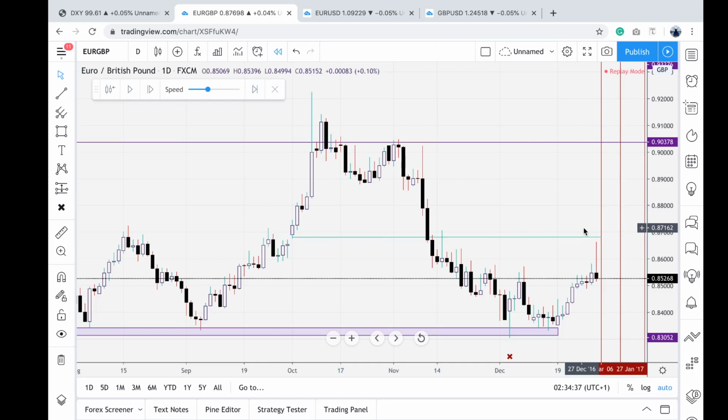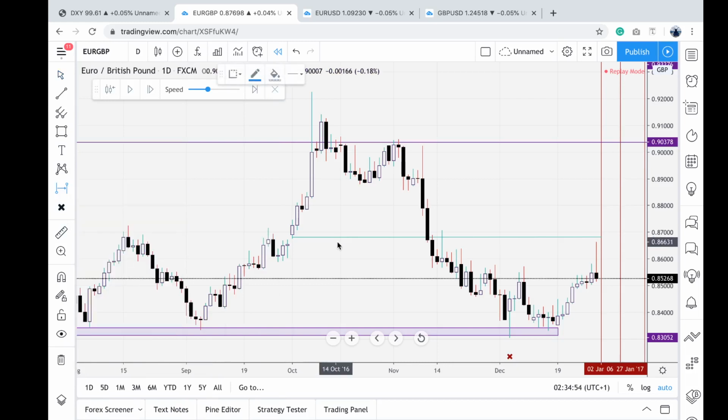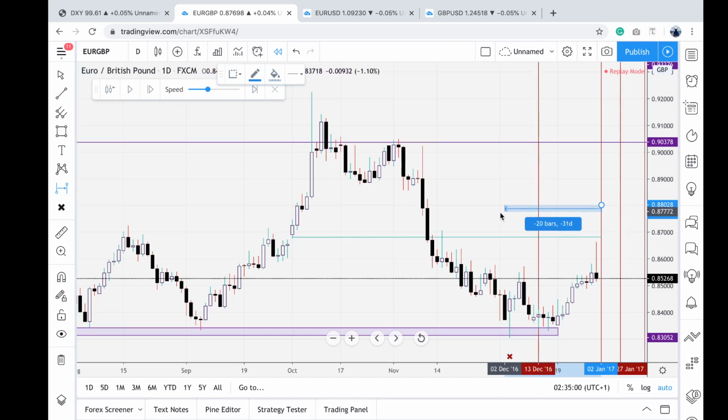Okay, so we have a weekly order block of that level. So now we want to begin to get to our IPDA ranges. Let's pull up our date range tool. We want to mark up the first 20 days for the 20-day look back, the 40 days for the 40-day look back,